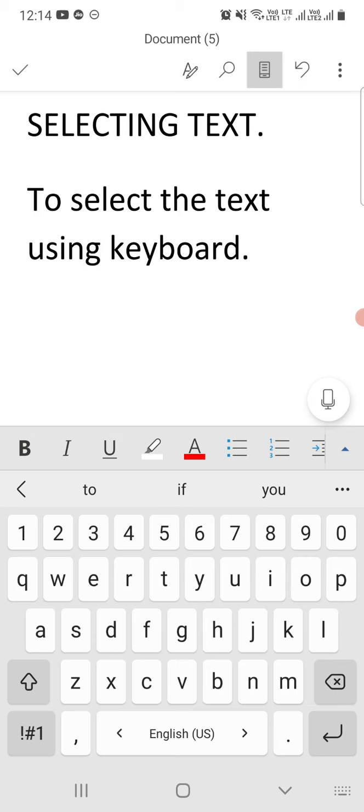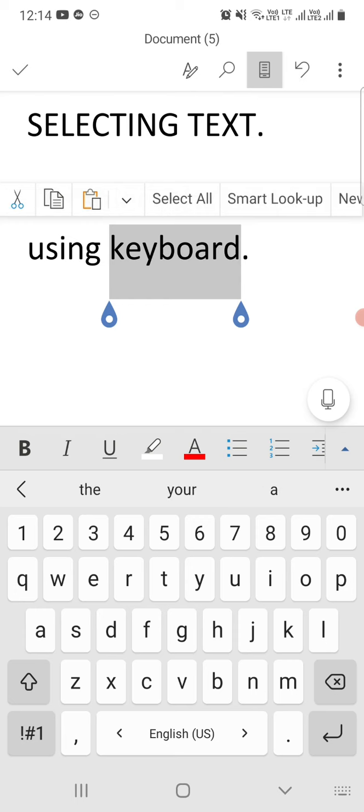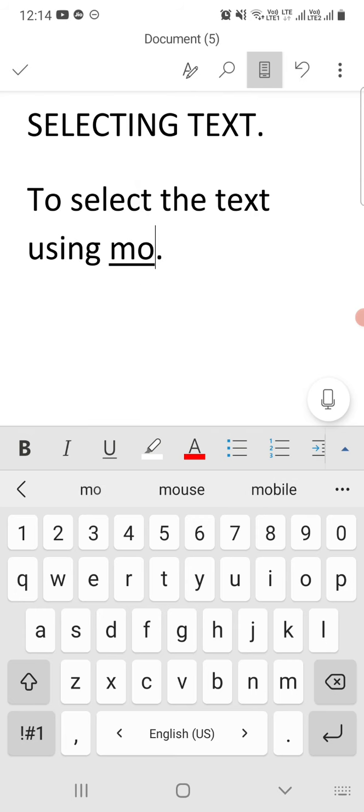Inserting text and overtyping also, select the text and write another text. It will overtype your selected text and it will show you the newly inserted text. Okay, now selecting and inserting, now moving, that means cut and paste.